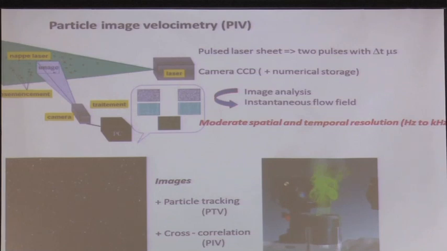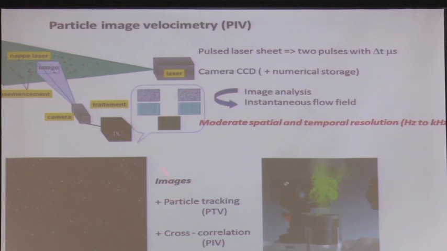In air, it's difficult. In air, you cannot find any solid particles having the same density as air. So we take very, very fine particles, but we know that they are not going to follow exactly the flow. And for sure, we must avoid particles which have a Stokes number close to 1. Because you remember, when the Stokes number is close to 1, they are going to make clusters. So first, they are not going to seed the flow evenly, and then you are going to measure some structures of the flow, which is not the flow field. You are going to measure the zones of accumulations. Okay, so you have to be careful with that.